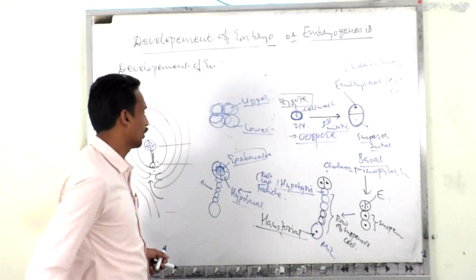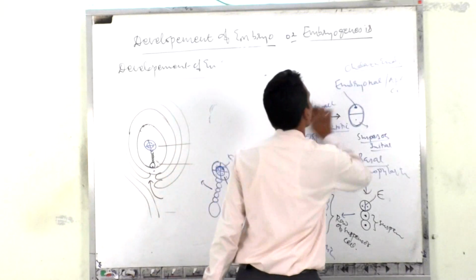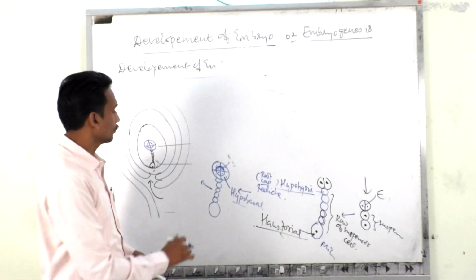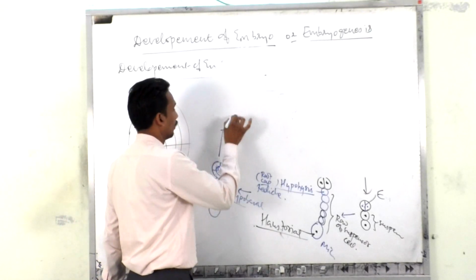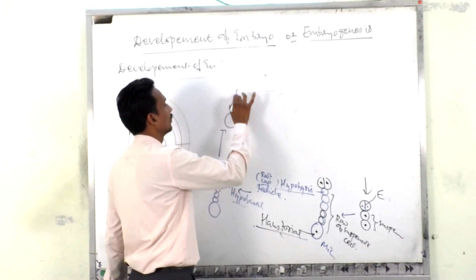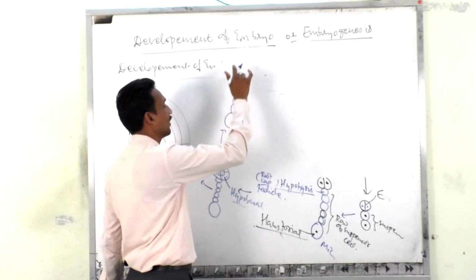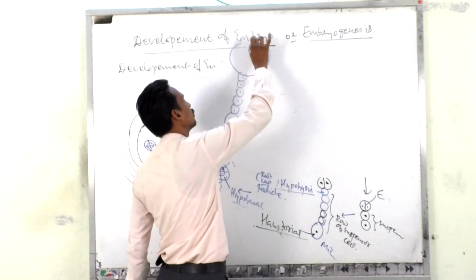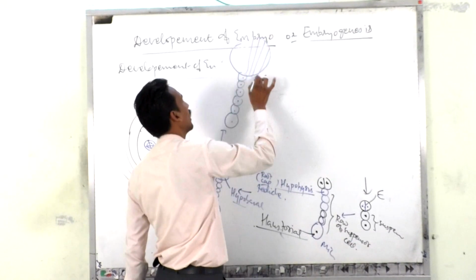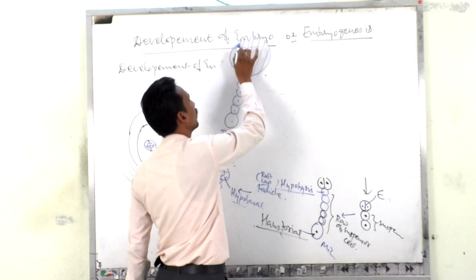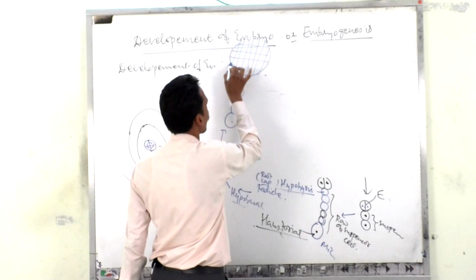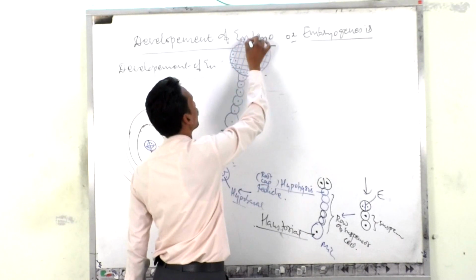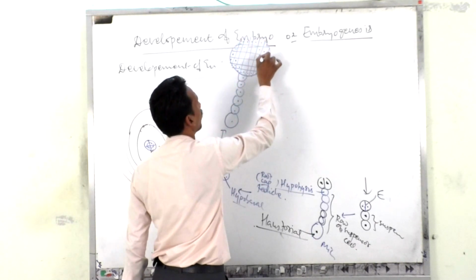Now what has happened? इसके बाद क्या होगा देखो. I will draw that particular diagram here. Next diagram. So this one is nothing but a suspensor cell. So these are nothing but a row of suspensor cells. Now what is happening there? There should be many transverse and vertical divisions get carried out. Transverse and vertical cell divisions get carried out, and there should be a formation of globular mass of embryonal cells here. So many cells have been produced, and they are present in a globular structure.